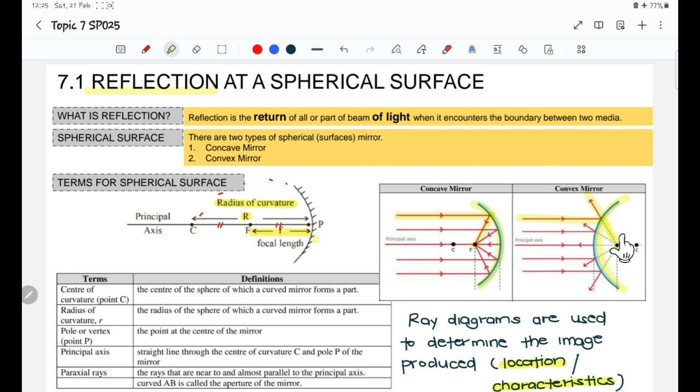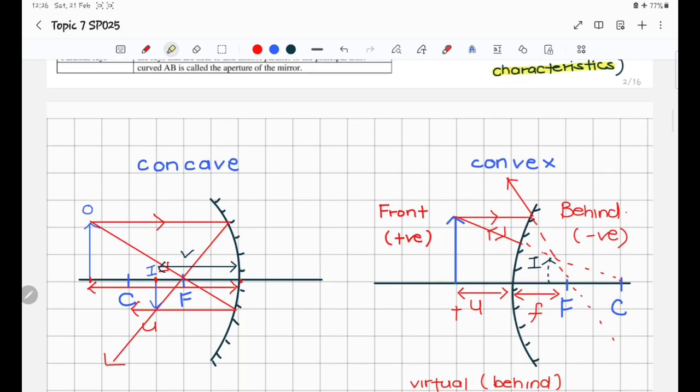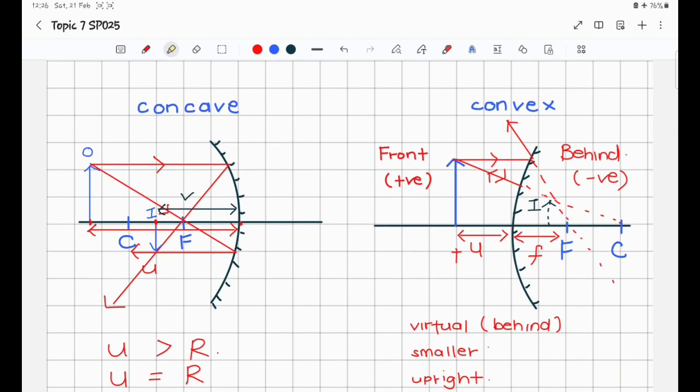behind the mirror. Ray diagrams are very important for this topic, where ray diagrams are used to determine the image produced, as in the location of the image and also the characteristics of the image. Here I have an example of a ray diagram for concave and convex mirrors. A concave mirror, as mentioned, is kanta cekung, where the surface is inward. You can think of cekung as melengkung, so melengkung ke dalam, like this. So the focal point for the concave mirror and the center of curvature, C, will be in front of